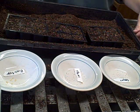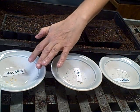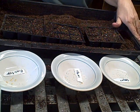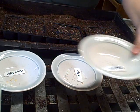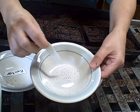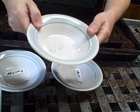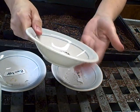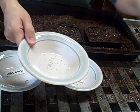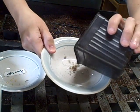Okay, I'm going to finish planting. What I have left to plant is oregano, thyme, and the pickle pepper. And I just want to share with you a tip. Some of these seeds, like the oregano, is really, really tiny. What I like to do sometimes, these are hard to plant, but if you have some clean sand around, I like to add a little bit of sand